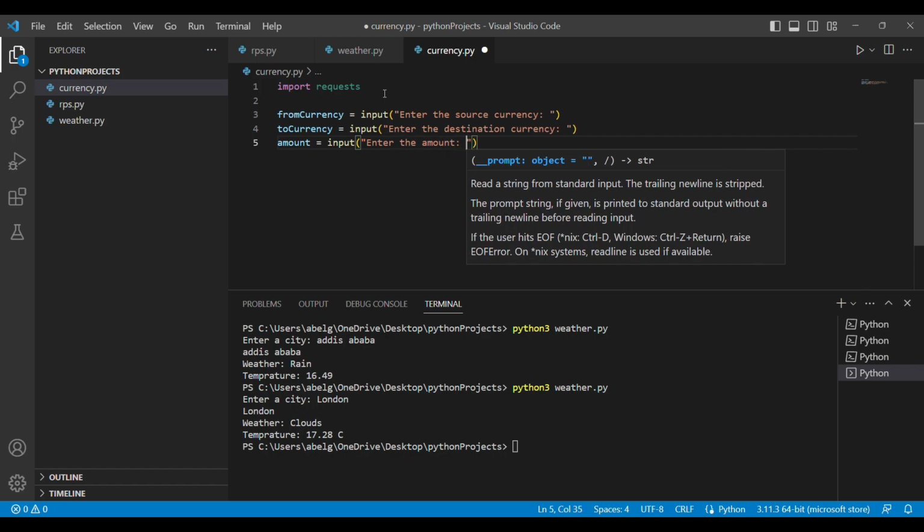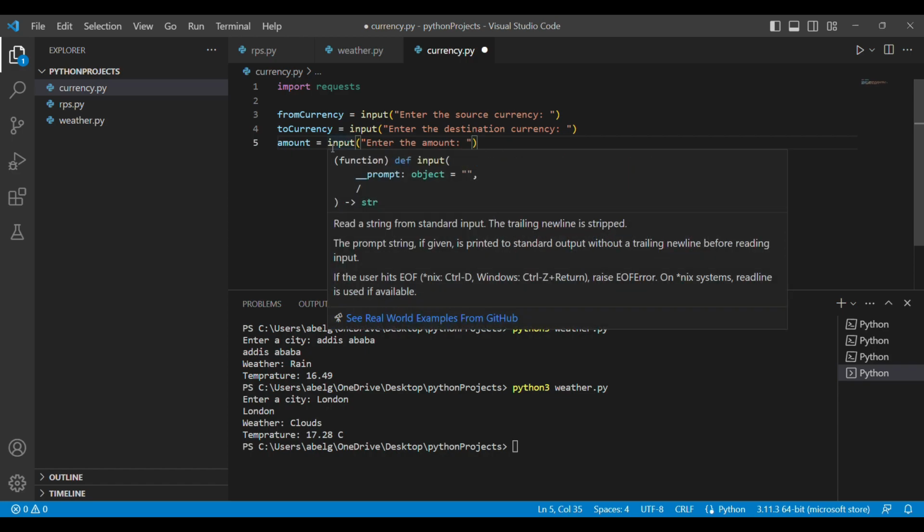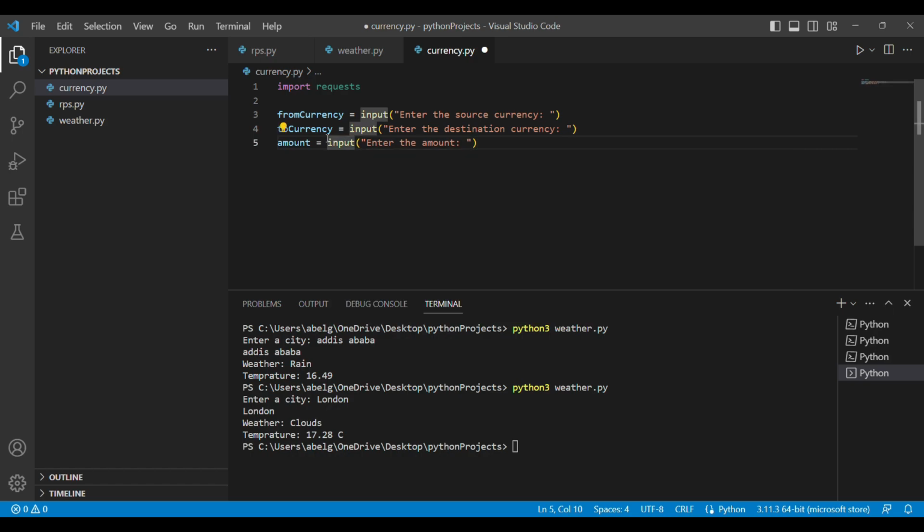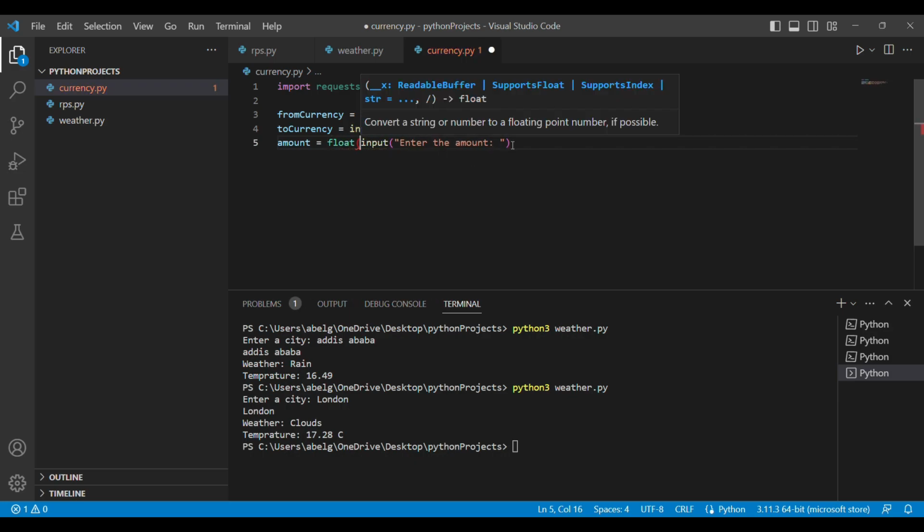So as I said before, we need to do something here. That is because the input function by default returns a string. So we need to convert it to the proper data type, which is going to be float in this case. We won't make it an integer because the amount could be a decimal number. So we're going to cast it to float. And if you remember how to do that, we type in float, and in parentheses, we're going to have our